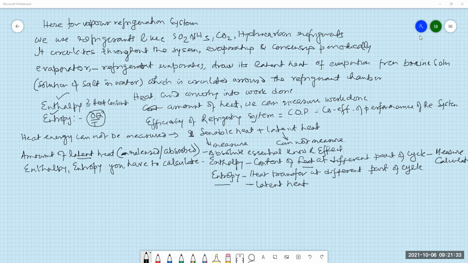So now we have to know the enthalpy and entropy as per our requirement. We have to know the pressure, high and low, temperature, high and low, volume, etc. These are all important items which are required by us. Let us go through one particular cycle.